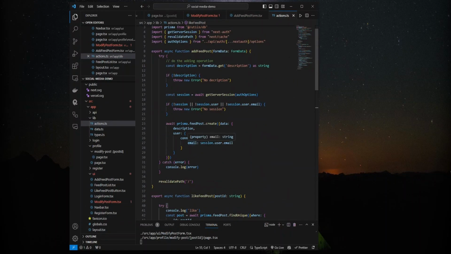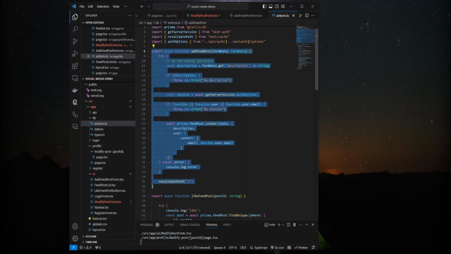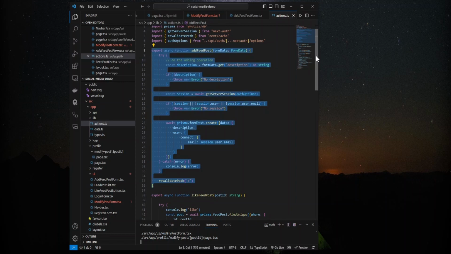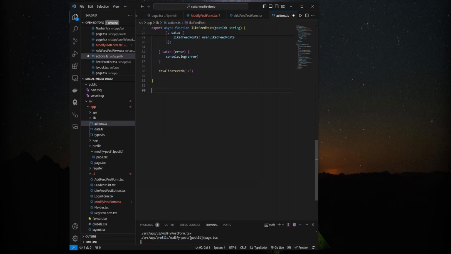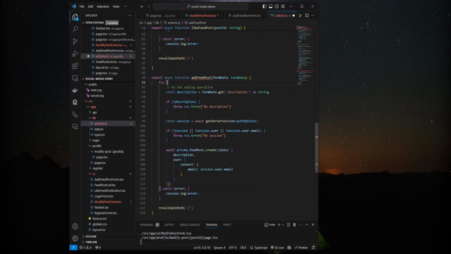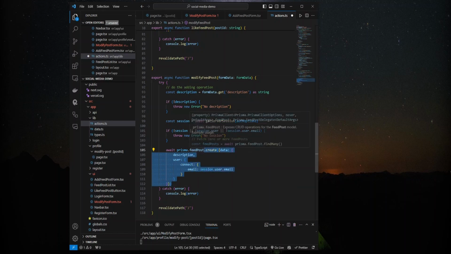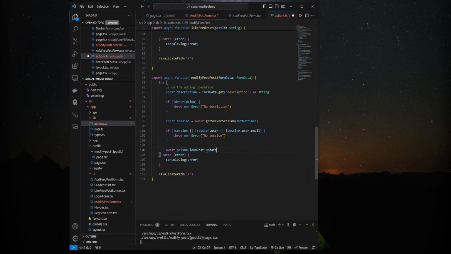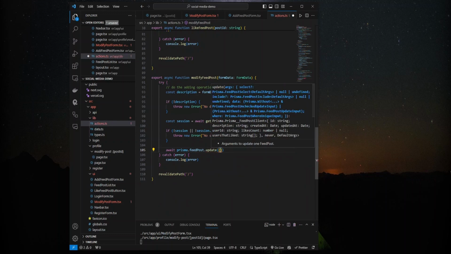And here inside our actions, we can basically, again, just copy this add feed post function, go here and change this to be modify feed post. And here we do the same checkings as usual, but instead of creating the feed post, we actually want to update it. So let's just click here that update, and this is going to be where